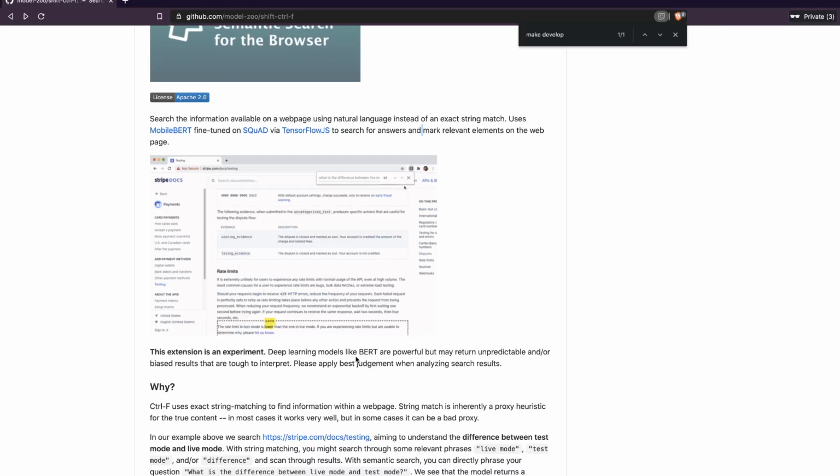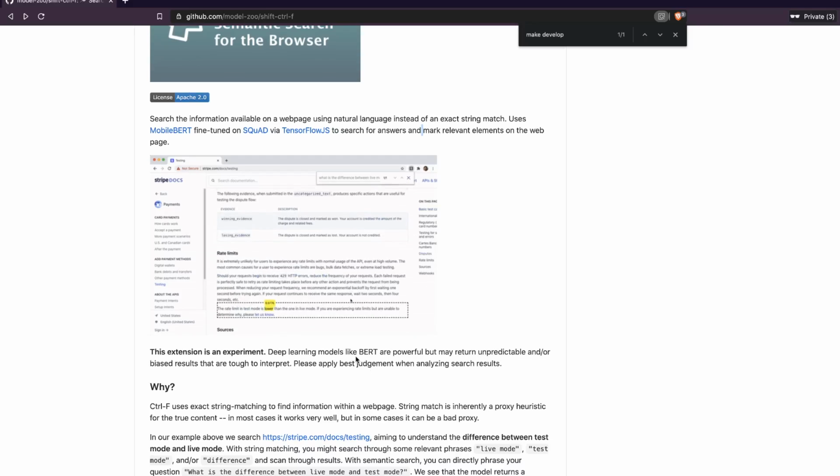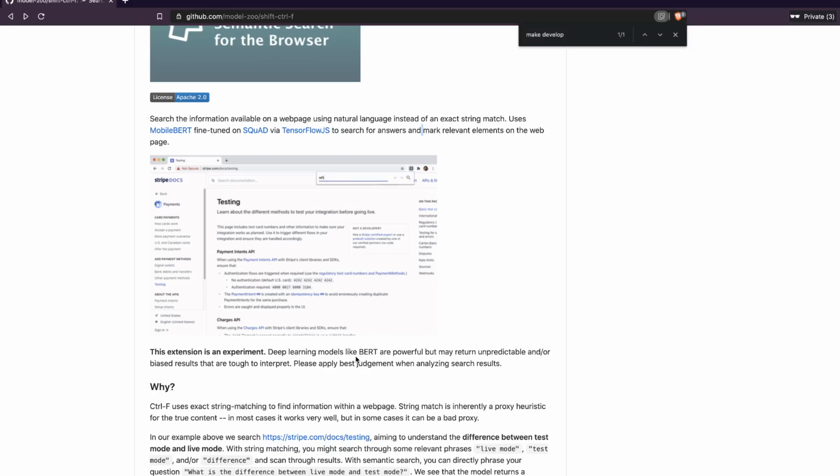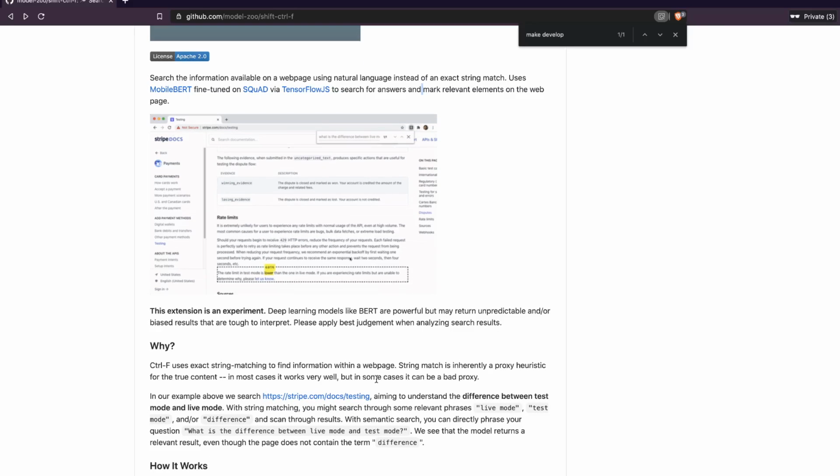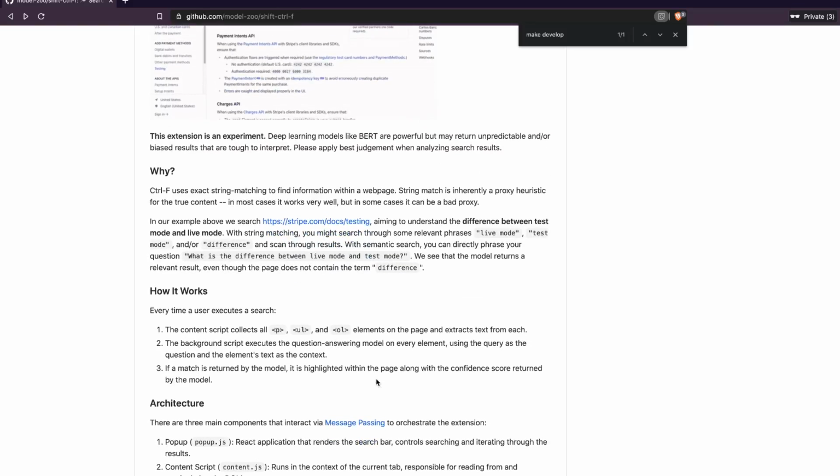There is one caveat that the author has mentioned: models like BERT, a lot of people do not know what they can bring out. So make sure that you are not getting some unpredictable output and then marketing it on social media saying that this is bad, or AI is going to kill human beings, something like that.